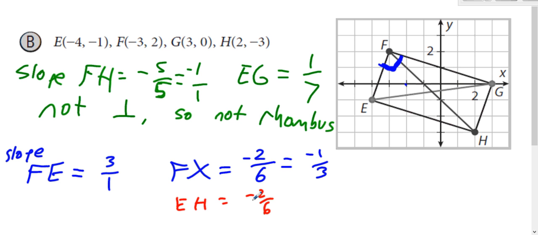So we're halfway to a parallelogram. This side is up 3 over 1. So those two sides are parallel. So opposite sides are parallel, and the sides that are next to each other are perpendicular. Parallelogram with a right angle is